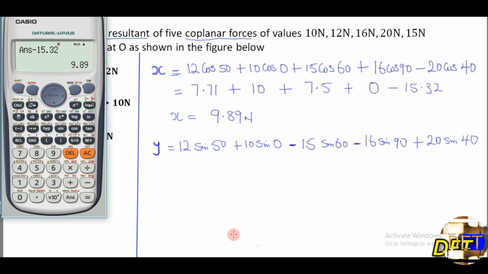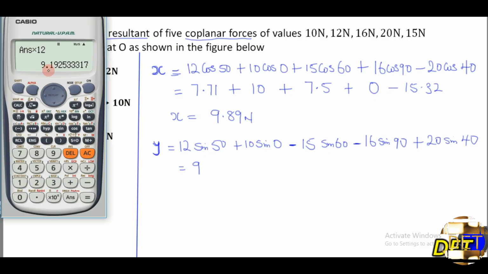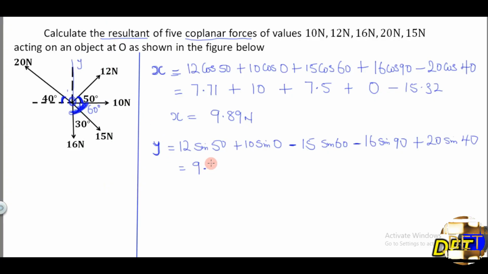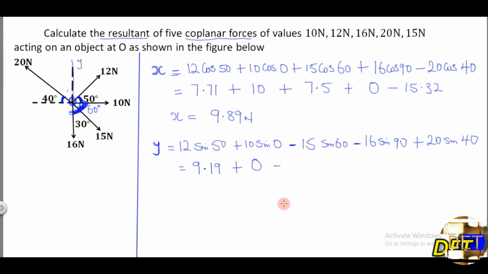So if I bring out my calculator, 12 sine 50 would give us what? So sine 50 is equal to 0.766 times 12. That will give me 9.19, right? 9.19 plus 10 sine 0. So sine 0 is equal to 0, times 10 is what? 0. So that will be plus 0 minus